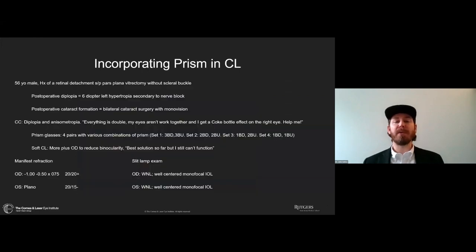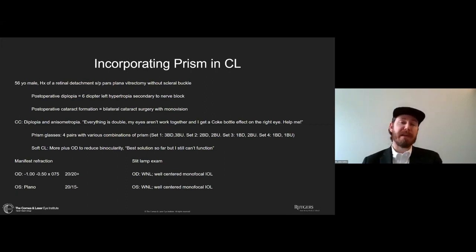So when we incorporate prism into a contact lens, I want to just talk about a case first, and this will tell us all the pitfalls and why we can do it in a scleral lens successfully and why we may have issues doing it otherwise. This is an individual that we just saw: a 56-year-old male with a history of a retinal detachment, post pars plana vitrectomy without a scleral buckle. Post-operatively, he has diplopia,